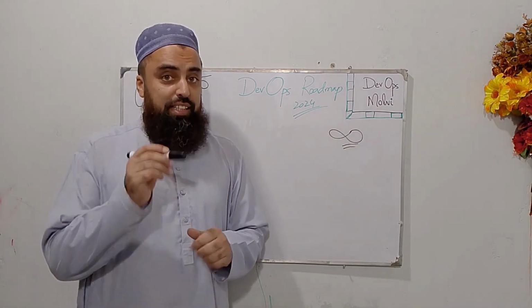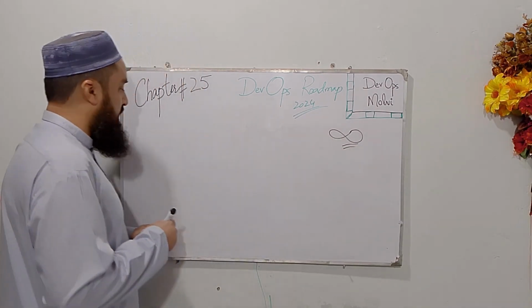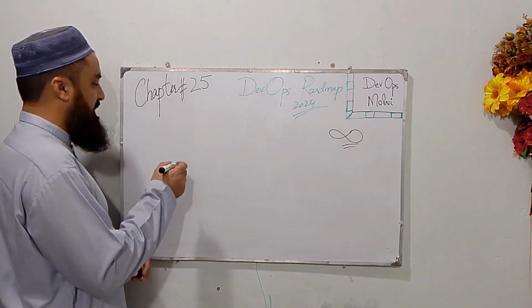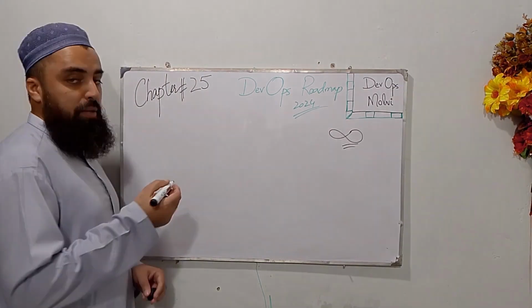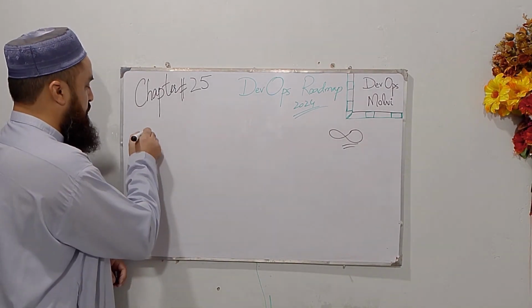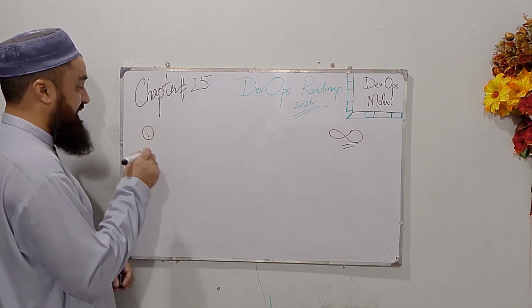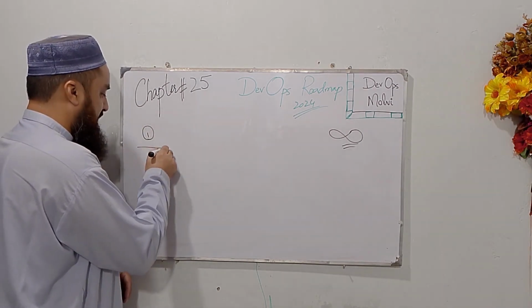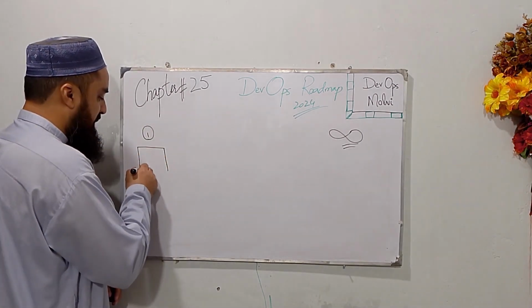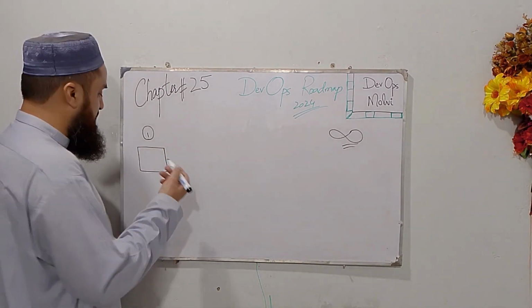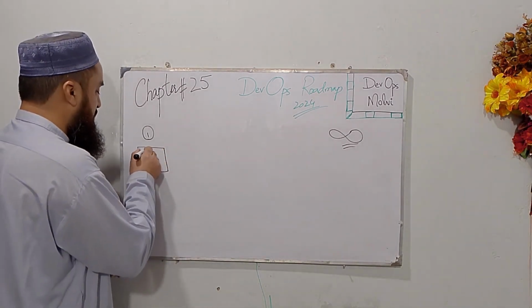So let's start with stage number 1, the first step of a CI/CD pipeline, which can be called code commit or code checkout. Normally they are considered the same step: code